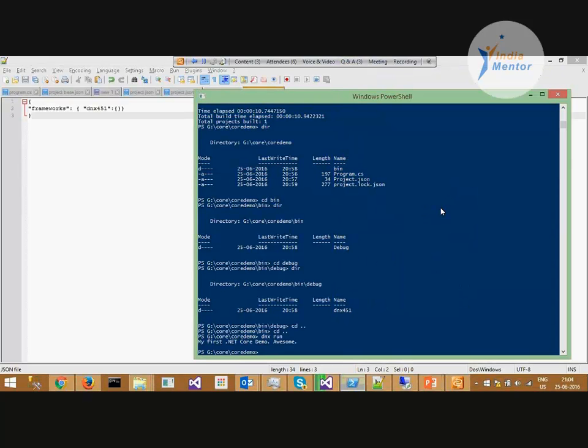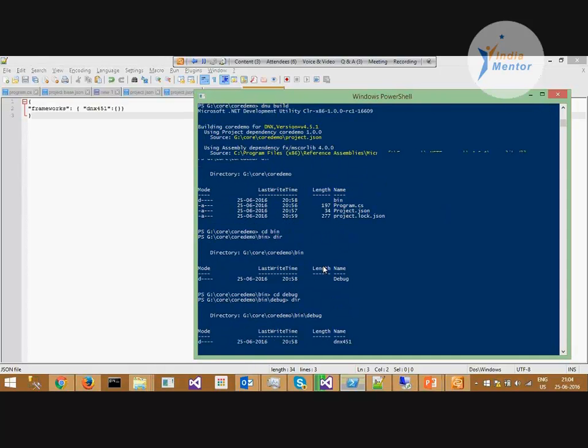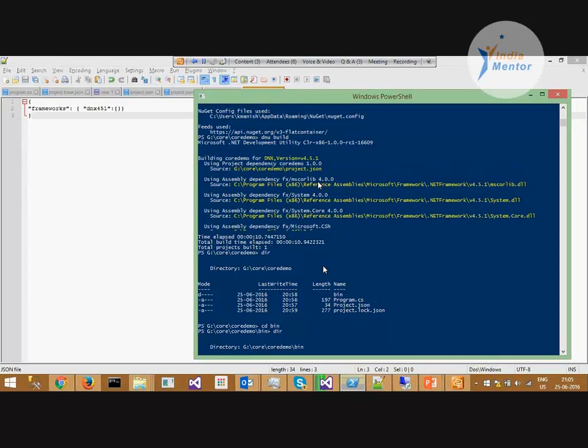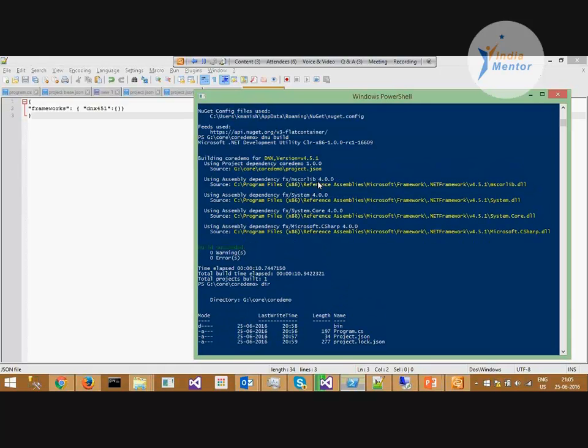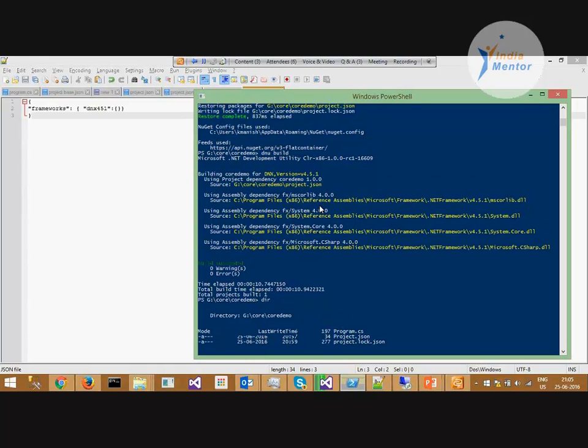So coming back to the point, let me scroll up a bit. I think I missed out a few points. When you do a build here in .NET Core, what is happening primarily is, if you see in the question and answer window, can you mark all question and answer?